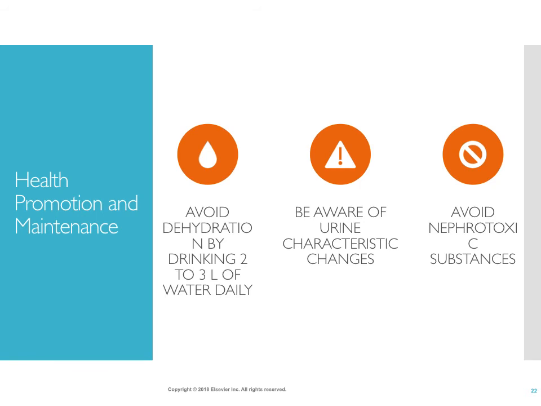So some of the things we want to do is to prevent this from happening in the first place. And so the first thing we want to do is to avoid dehydration. Sorry for missing that N that should be up there with hydration, by drinking 2 to 3 liters of water a day. And I know most people kind of look at it and go, there is no way that I can drink that much in one day. But that is really the best way to avoid dehydration and